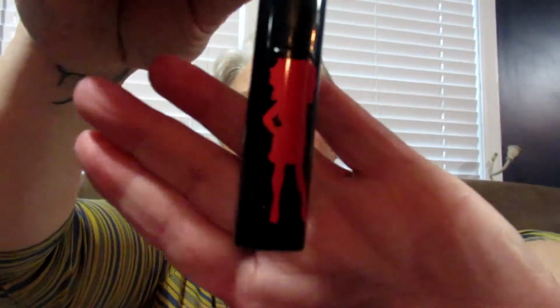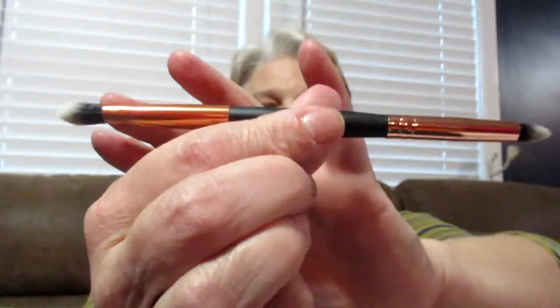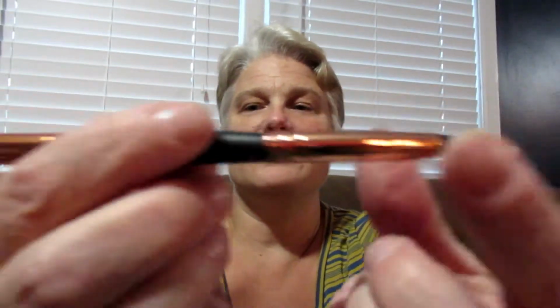And this, oh my god! This is a mascara. A Betty Boop mascara. What? Look at these bristles. Really, really, really cute. Look at how adorable that is. So you get a mascara. Ooh, and then you get this cute one. I like Betty Boop. I remember it's an old cartoon character. Oh, I love this. This has a two-way brush with a little point at the end of one and then fluffy at the other. Oh, it's soft too. I like that. Love, love, love. And the last thing is